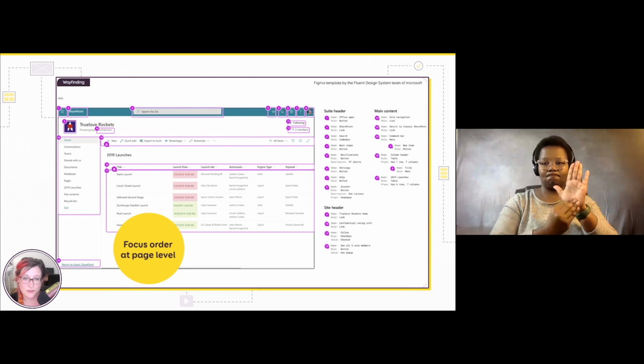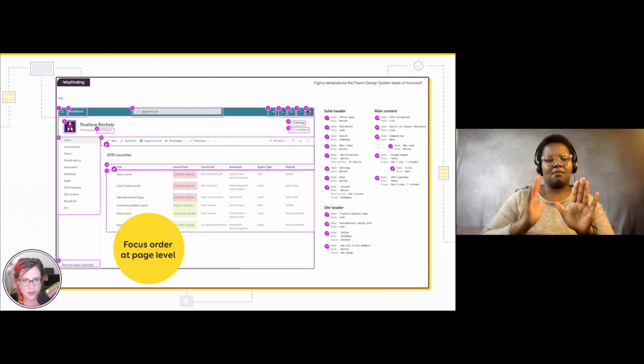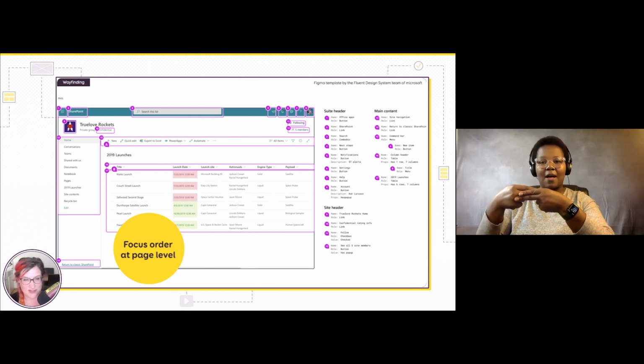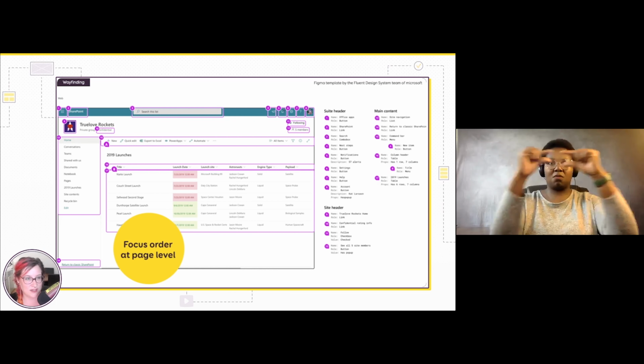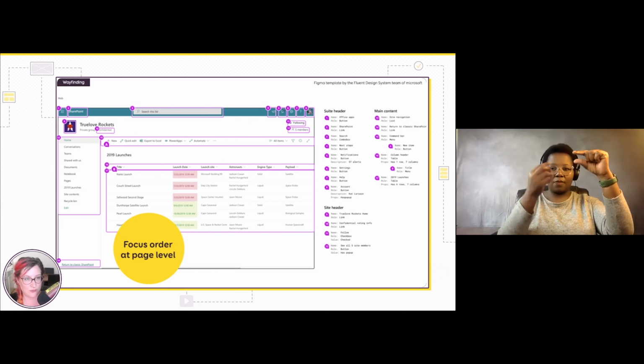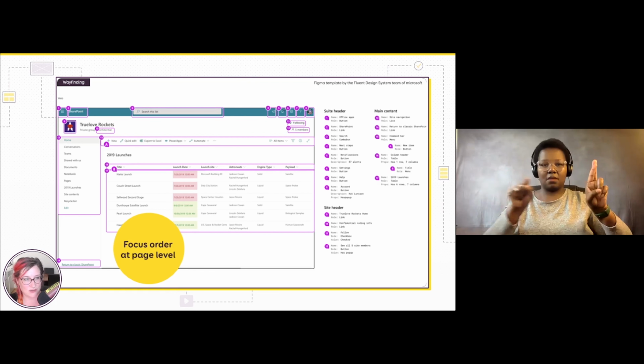Here I have an example from a Figma template by Fluent Design System, which is a team at Microsoft, and they provide this Figma template toolkit to help you with annotation. Again, links in the slides. You have the mockup in the background, and then it's the same annotation technique where you have some little dots directly with numbers on the page and some little areas. This shows how the focus navigation is supposed to work. So the user is going to go through the top of the page first, the one in green, blue. Then there's a second section of the page with a few pieces of information. They're going to go left to right. Then they will enter the navigation on the left.